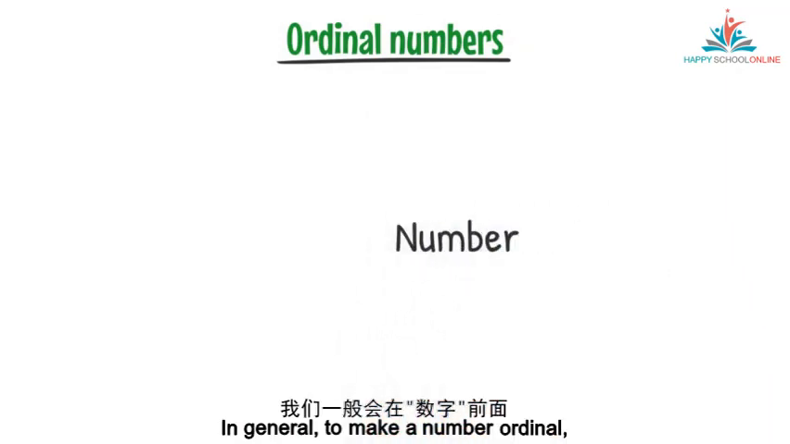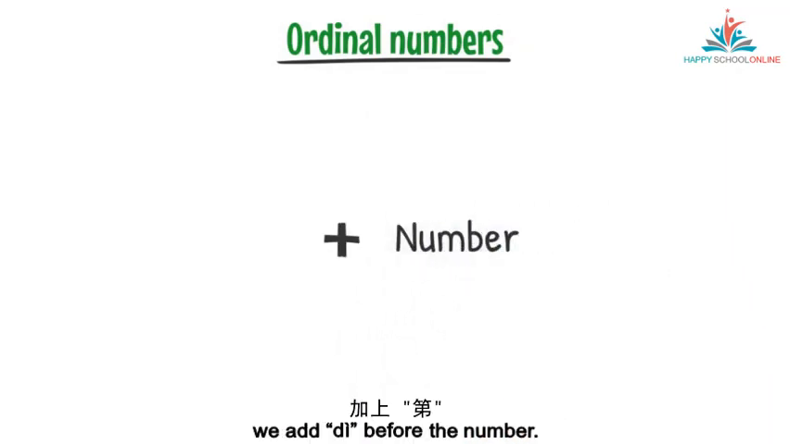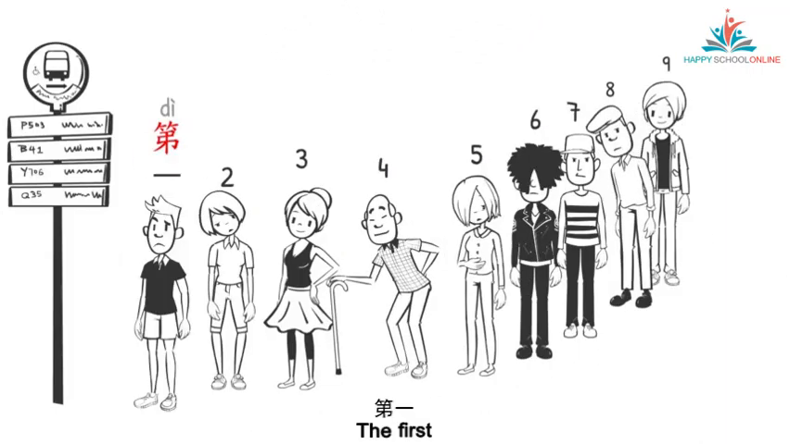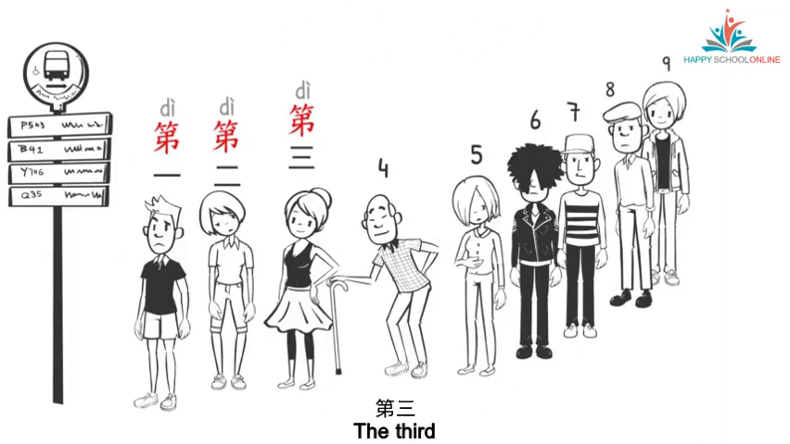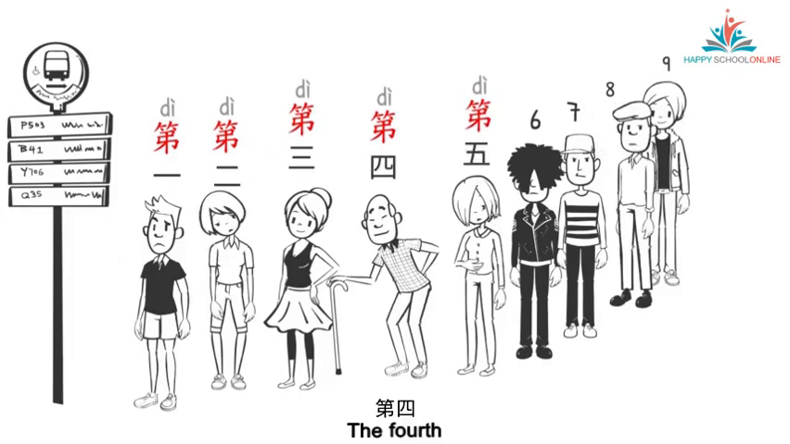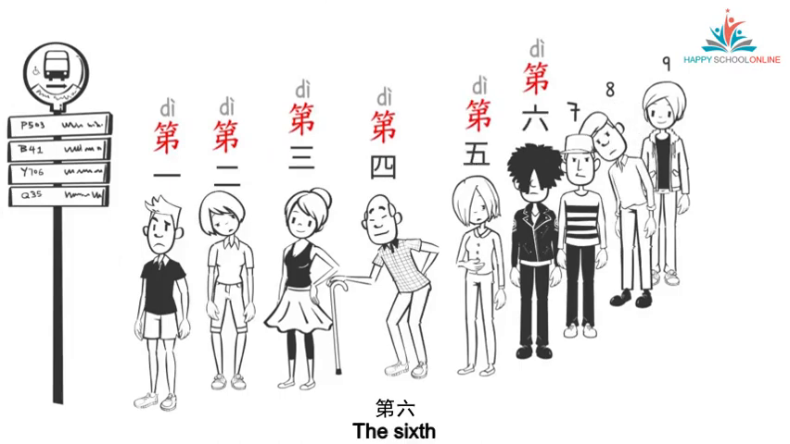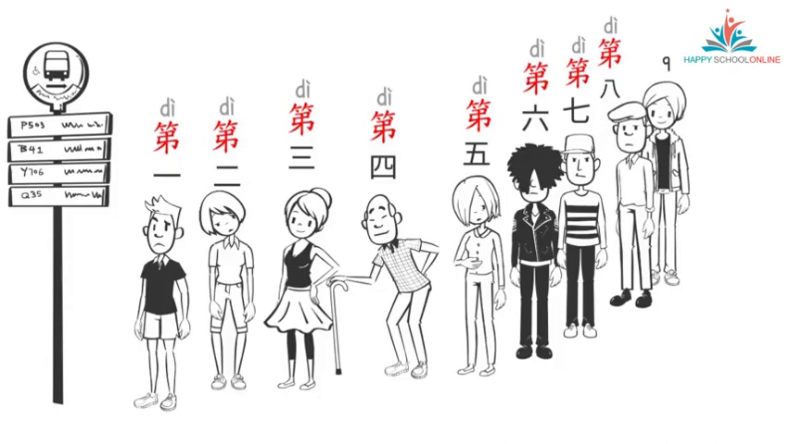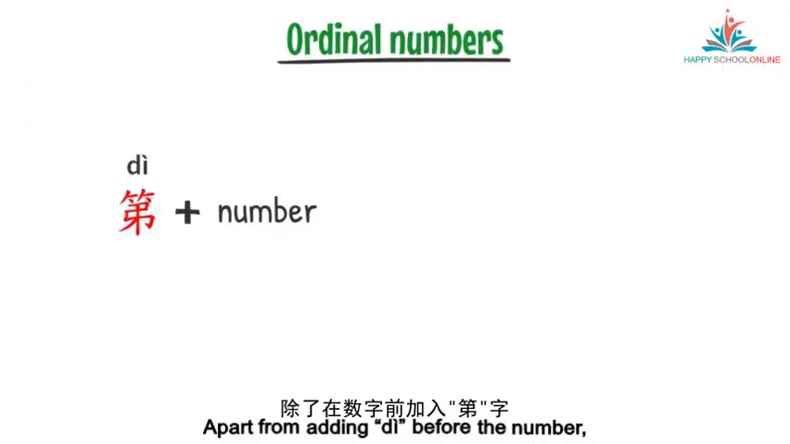In general, to make a number ordinal, we add 第 before the number. For example, 第一、第二、第三、第四、第五、第六、第七、第八、第九。